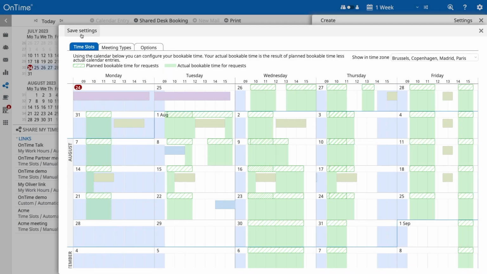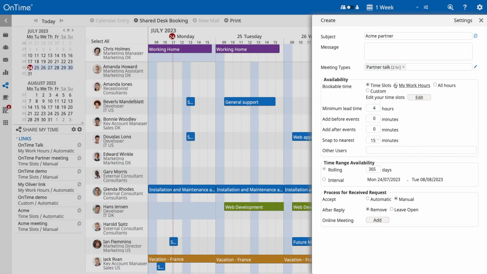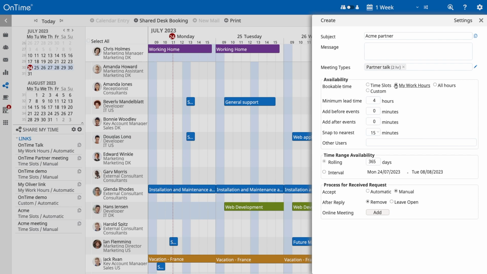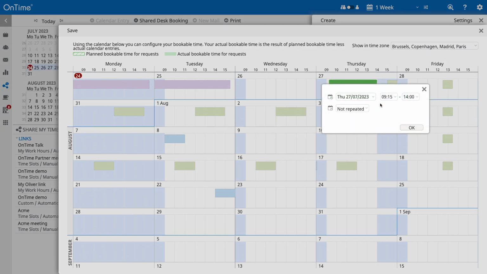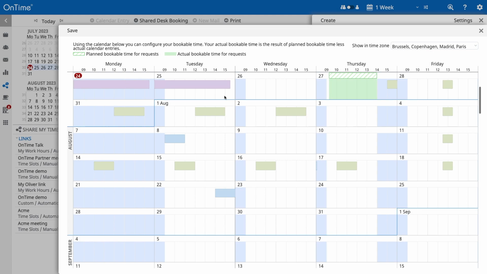repeated. If you choose working hours, people can book meetings during all your working hours, which you can edit in the settings. All hours allows people to request meeting 24 hours a day, which can be useful when working in different time zones. And lastly, we have custom time slots, which means you can make specific time slots available only for this meeting. For example, if you're having a support case and only want to make the next 2 days